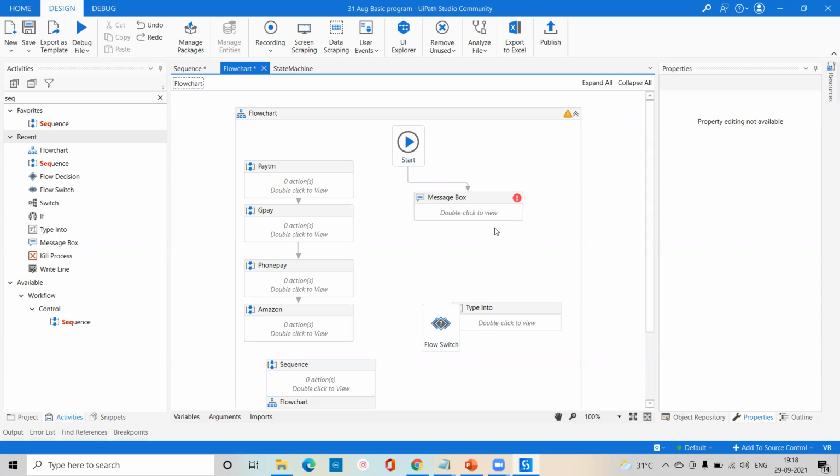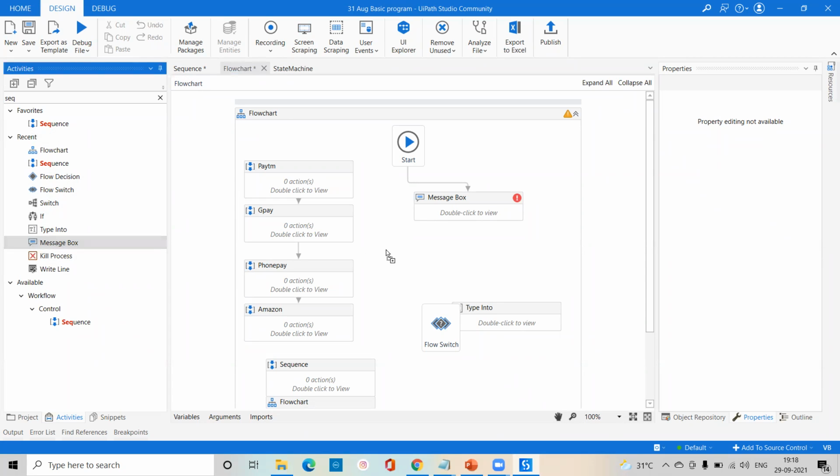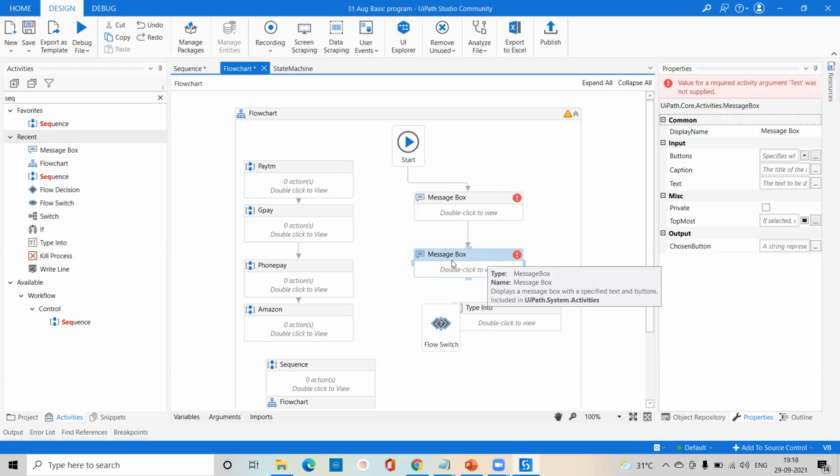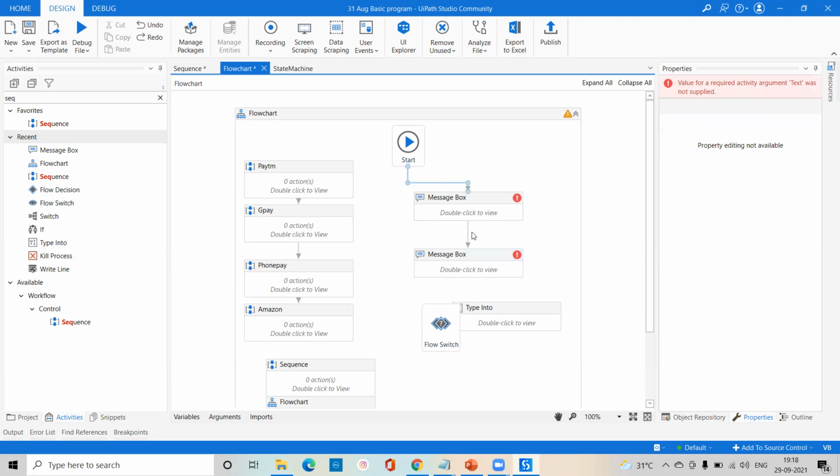Okay. Again, if I connect any message box, try to understand the things. If I'm going to connect any type of activity, that is called a message box, you can see here all nodes open, 1, 2, and 3. But you are able to connect with any one of the nodes. I've connected with this message box. Right now, you can see here it's connected. Means one input, one output. Okay, one input and one output. But you can see here in the message box right now we don't have any type of node open.